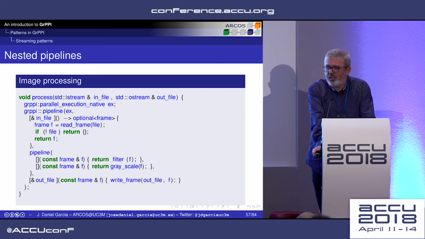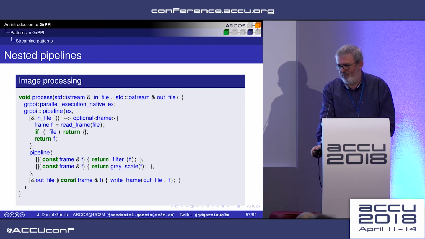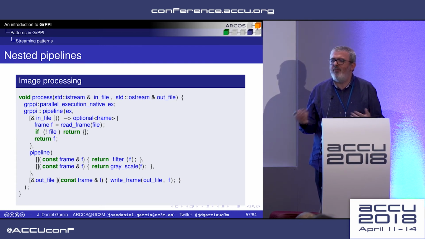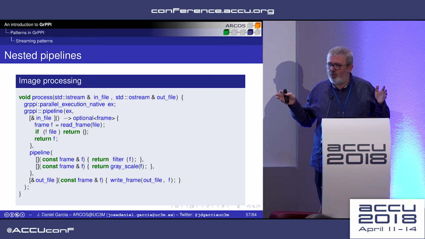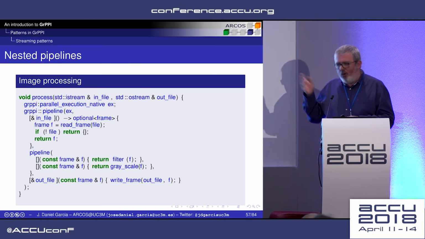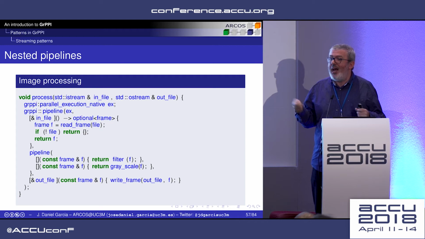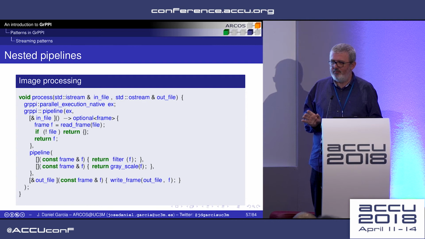Because you are executing them in parallel, especially if these are heavy functions. I mean, the benefit is that you are running the different stages in parallel, so at any point in execution, each thread, or we will see that I can assign more than one thread to a stage, is performing computation with a different data item, so all of them are running at the same time. Did I answer? Yeah. So,